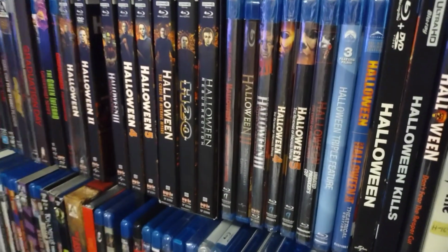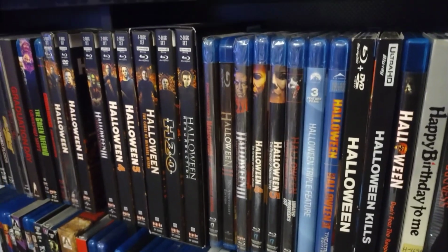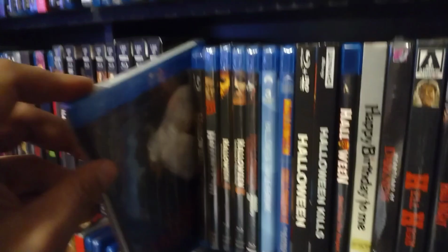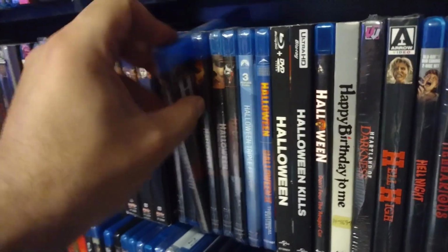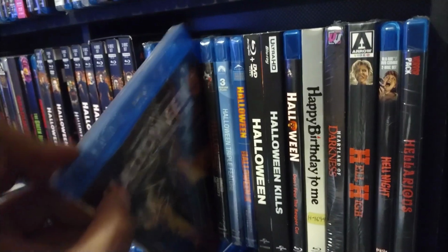And I like Halloween Resurrection more than Halloween Ends. So yeah, everyone talk about that. Oh god, that movie sucked. So here's other copies of my Halloweens. Halloween 1, 2, the Scream Factory release of 3, 4, 5,